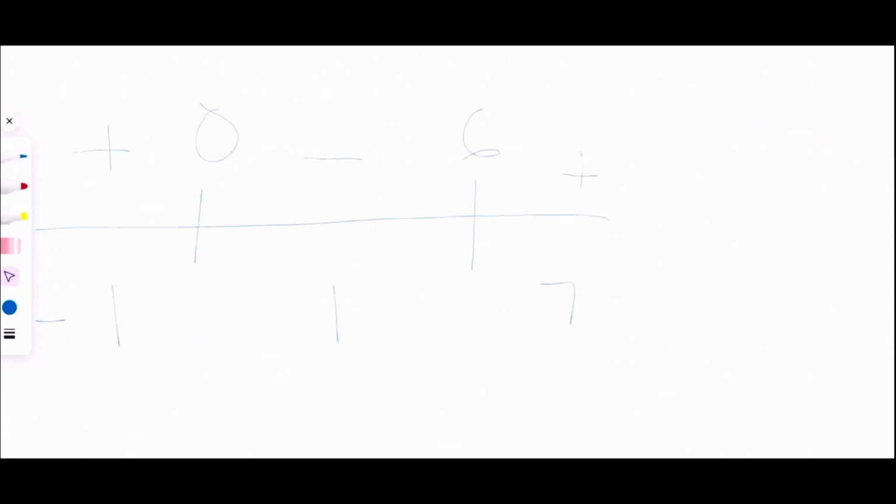Now, we have our concavities here. Because there is only one negative on the interval from 0 to 6, we can see that